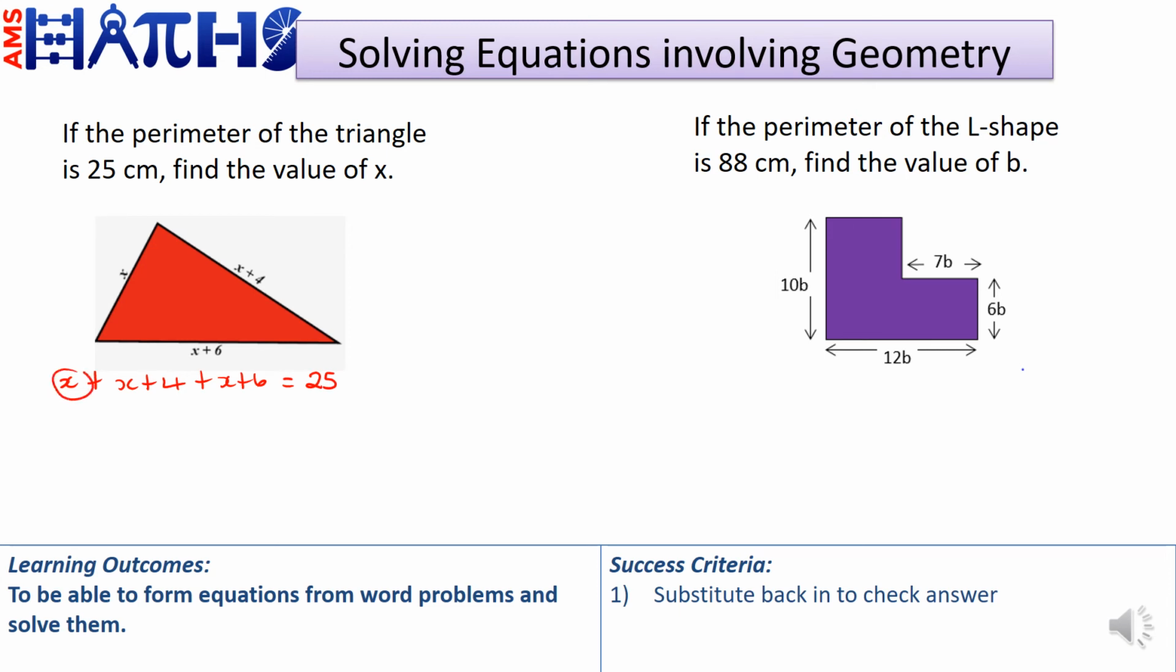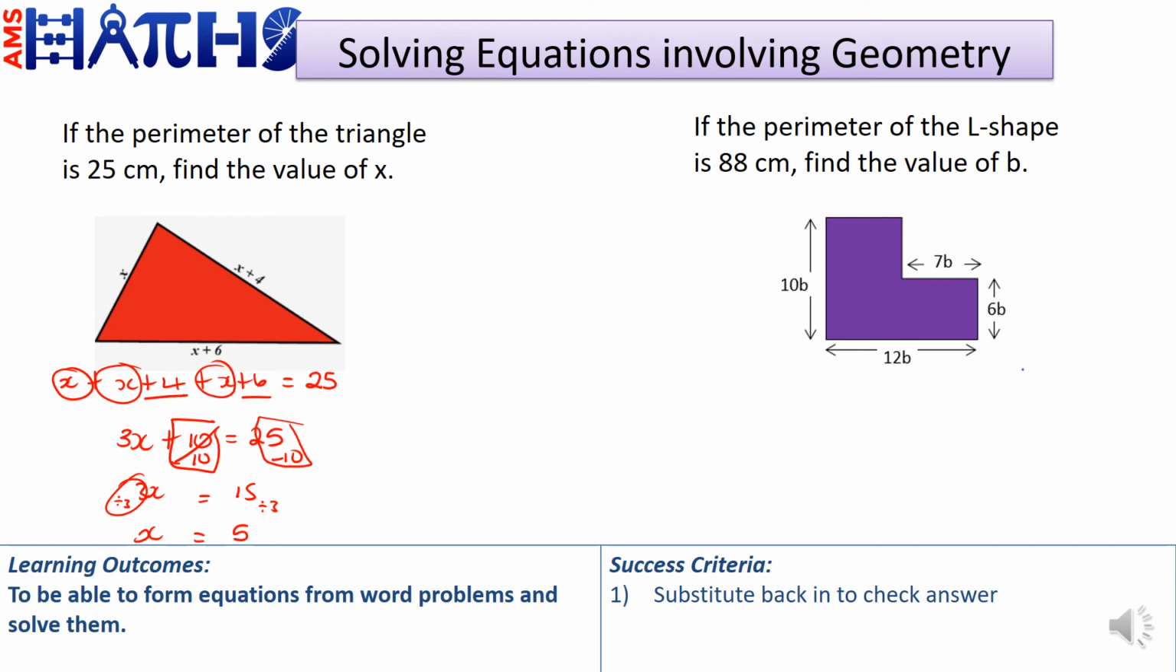We'll simplify: 1x plus 1x is 2x, plus 1x is 3x. And then 6 and 4 added together is 10. And so we get that is equal to 25. Then we'll solve, so we minus 10 from both sides. And so 10 minus 10 is 0, so we have 3x. And on the right side, 25 minus 10 is 15. Divide by 3 on both sides, and so we end up with 1x is equal to 5,